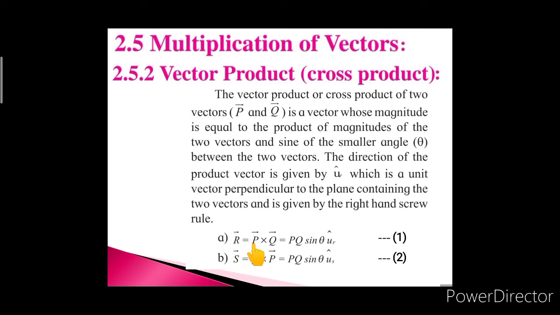This is because when we change the order of multiplication, the result will not remain the same, because the result of the multiplication in the vector product is a vector quantity which has magnitude as well as direction. It may be possible that when we change the order of multiplication of the two vectors, the magnitude will remain the same, but the direction of the result of the multiplication of the two vectors will be different.